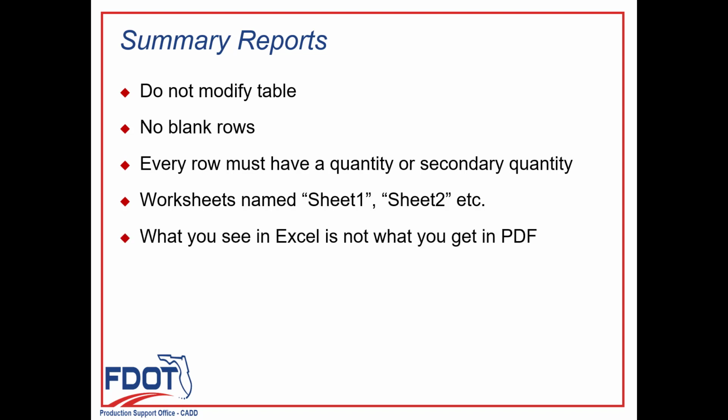As I mentioned before, the Summary Reports Builder is not a print-to-PDF tool. What you see in the Excel file is not what you'll get in the PDF. Adjusting the column widths in Excel will not affect where the word wrapping happens in the PDF. Using the decimal rounding format in Excel won't carry through. It will include the full value of the number that's in the cell.